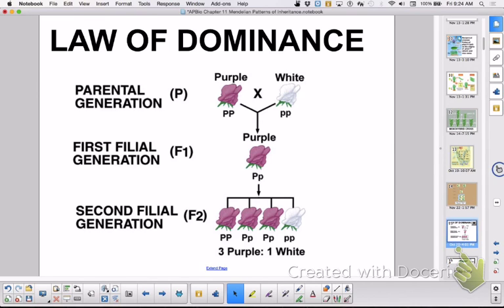Youngest bio buddy, use this chart for the law of dominance to talk about the law of segregation. Use this page to talk about the law of segregation. How does that come into play? Go ahead. I gave you the law, I think. It's the alleles have to be the dominant, or